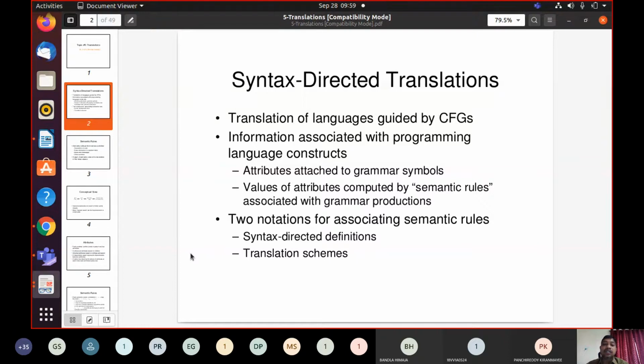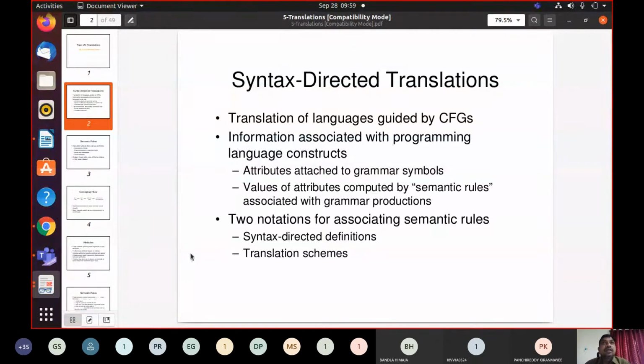So here we have something like an extension of context free grammar. That is what we call attribute grammar, right? In attribute grammar, each and every symbol is associated with one or more attributes, and each and every production rule is associated with one or more semantic rules.